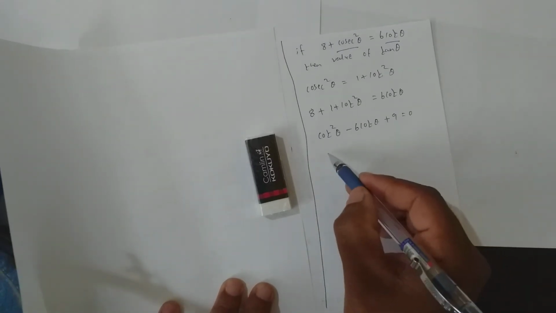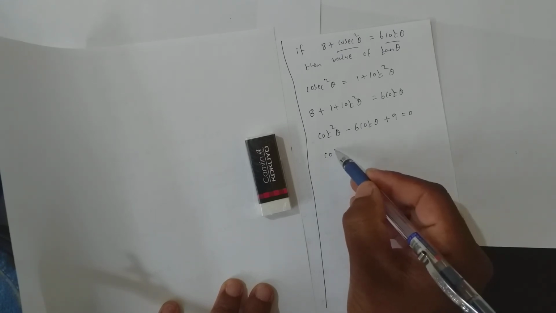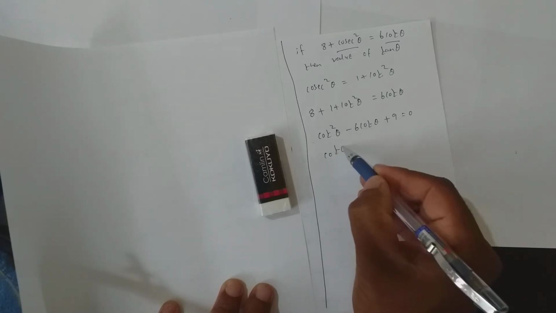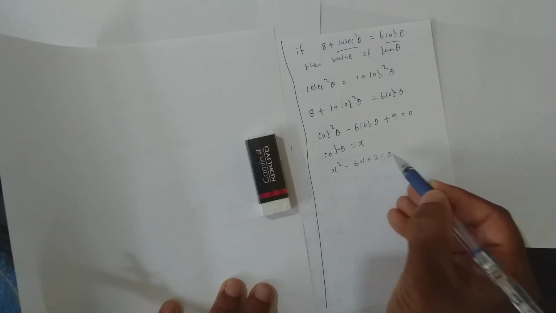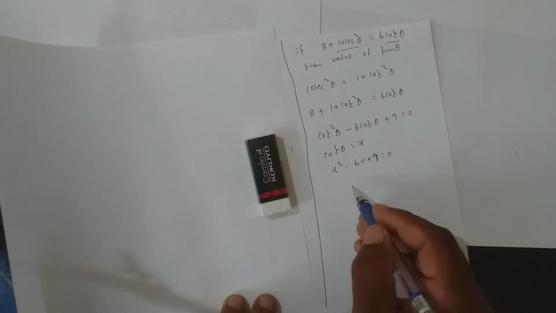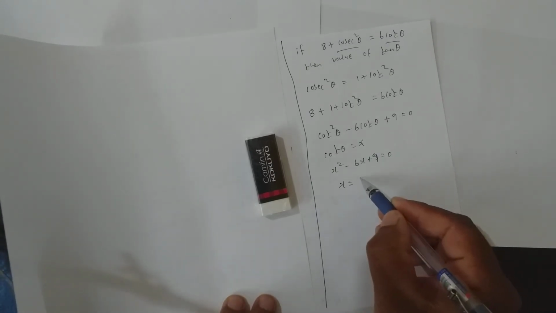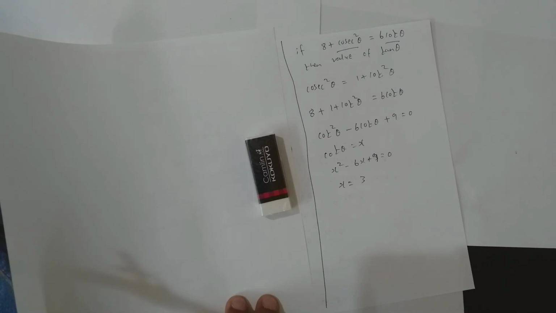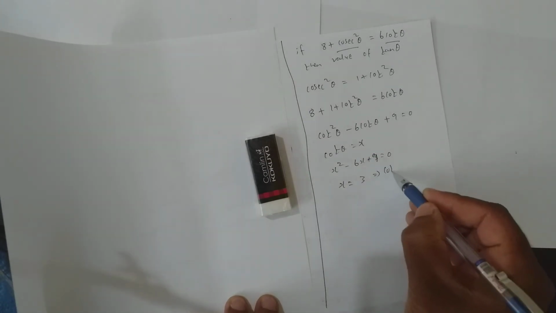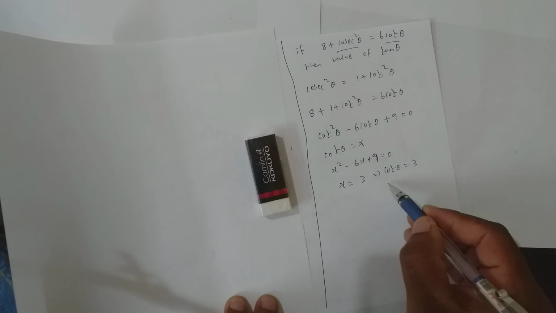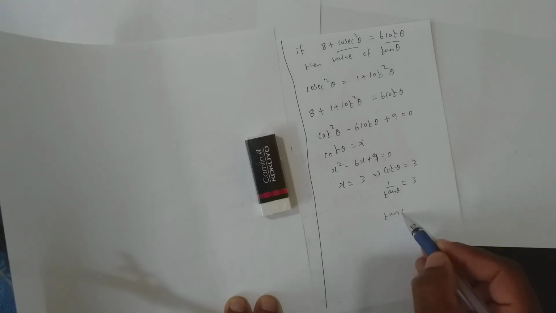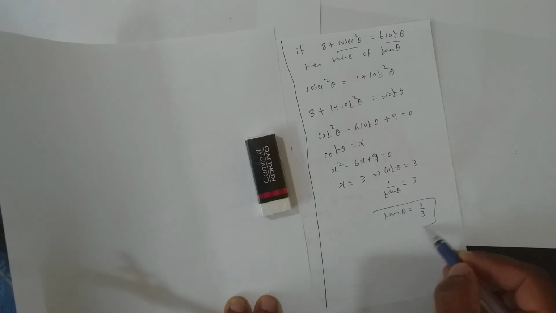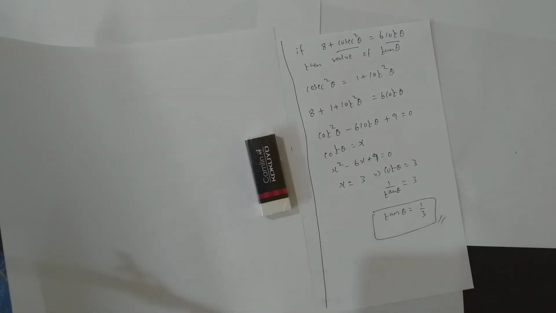If you directly factorize, or shall I write those steps? If cot theta equals x, I get x square minus 6x plus 9 equal to 0. If I put it in the calculator or factorize, I get only one value for x, which is 3. That means cot theta equals 3. If cot theta is 3, then tan theta will be how much? Cot theta is nothing but 1 by tan theta. So take the reciprocal on both sides: tan theta equals 1 by 3. This kind of sums you get.